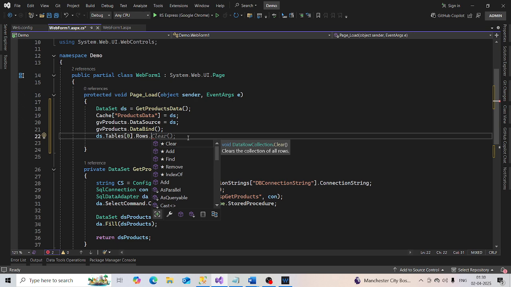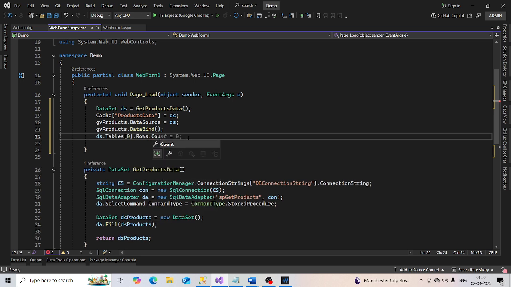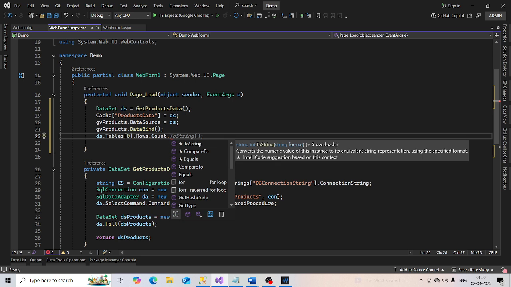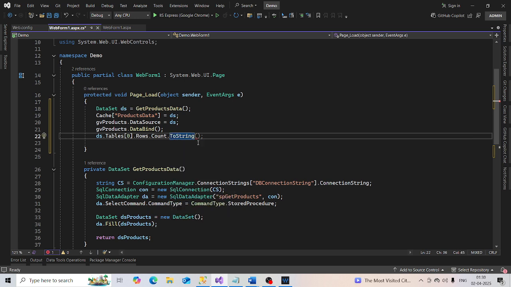And then I can use the count property. So let's convert that to string, and let's say